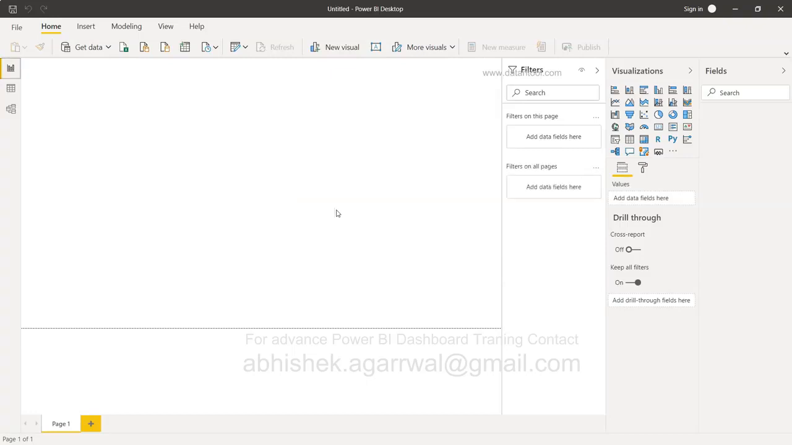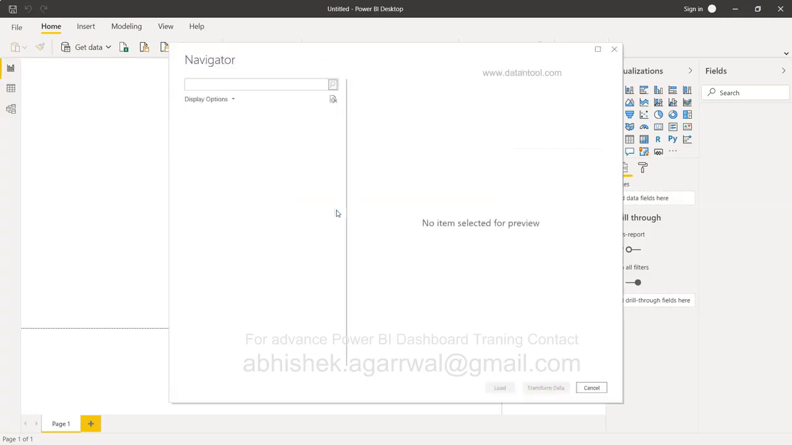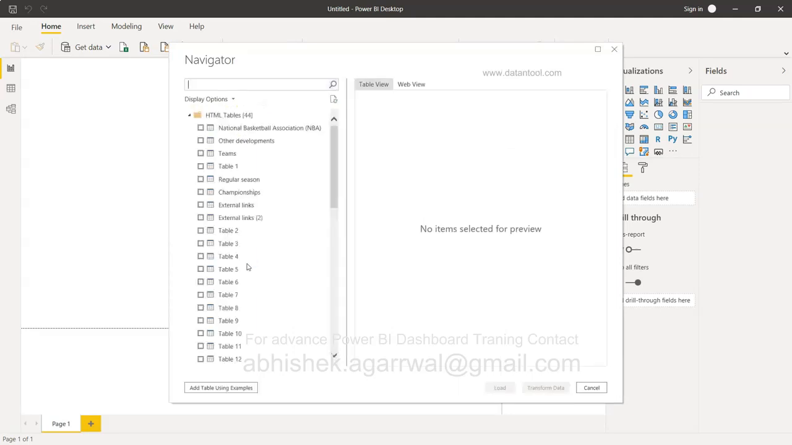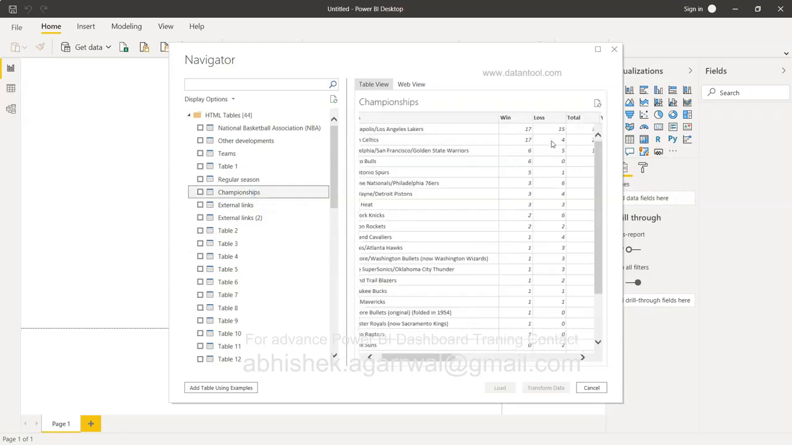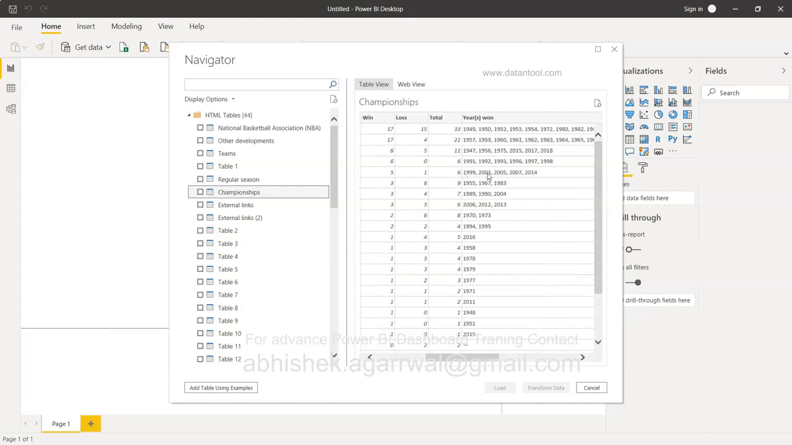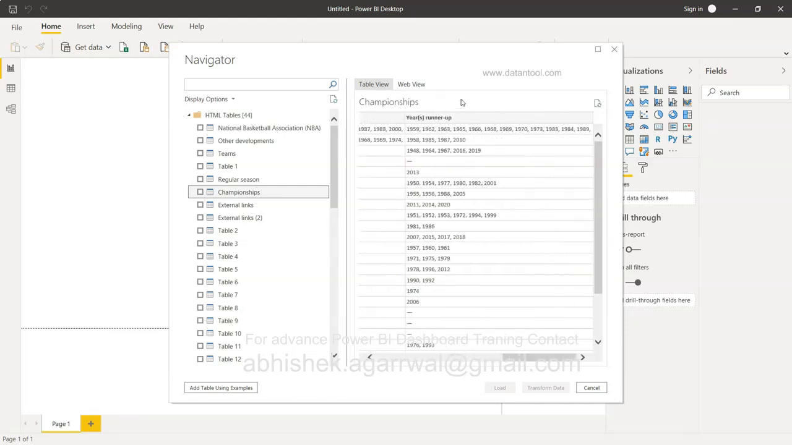Alright, now it has taken it up. And now it will do the processing and show us the various tables that it can identify. And we have to choose the right one. And the right one, if you will see, is related to the championships, when they won the championship. If I click it over here, you will see the team, win, loss, total, year won, and year